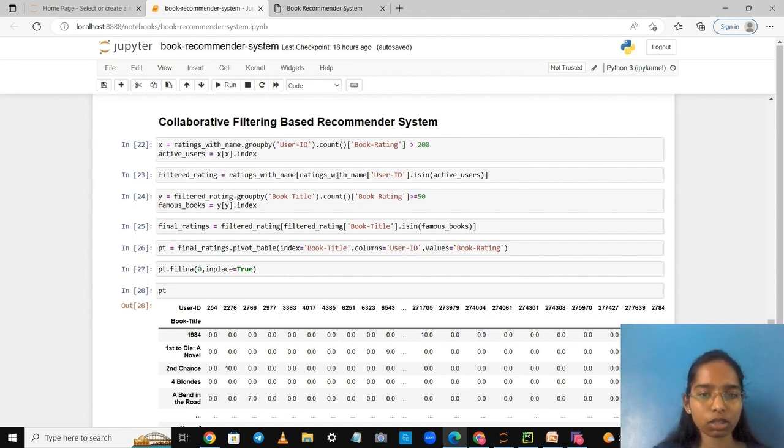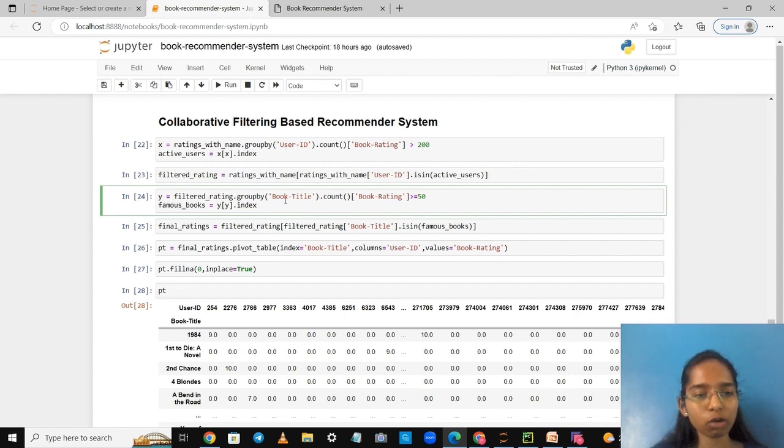Now we'll create a filtered rating DF, and we'll keep only those users who are active based on our criteria, and other users will not be taken into consideration.